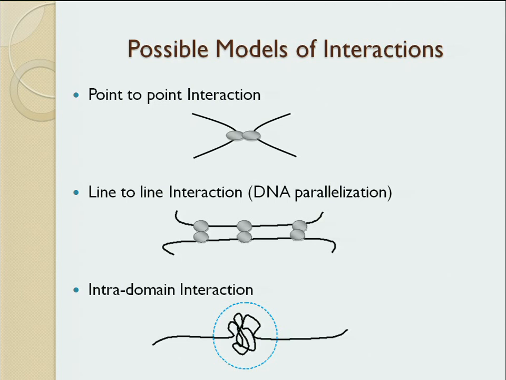Trying to summarize the types of interaction. Believe about the immediate by protein interactions. The second one is kind of line interaction, also DNA parallelization, which means DNA is organized in parallel, which mediates a series